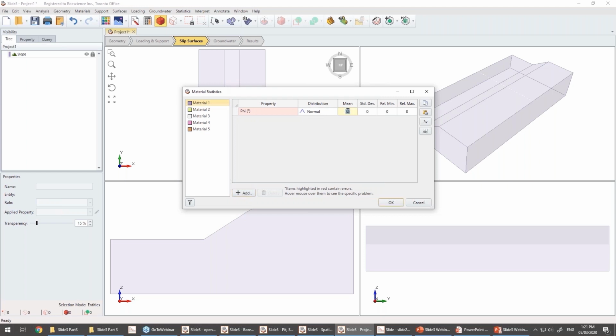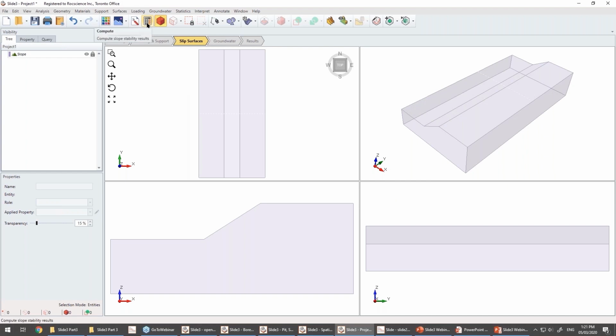Okay, so the mean is 35. I'm going to set the standard deviation to 7. And then I'm going to click this 3 times button, which does the 3 sigma rule that Sina talked about. So basically what that did is it multiplied the standard deviation by 3 and plugged it in here and here. And what that means is that the distribution we have defined has a mean of 35, and the lowest possible value is 35 minus 21, or 14, and the highest possible is 35 plus 21. So then we're going to click OK,